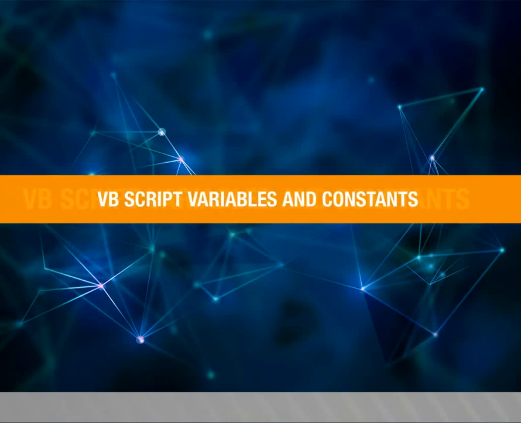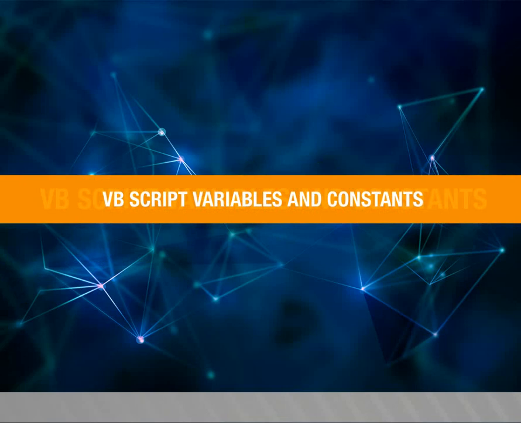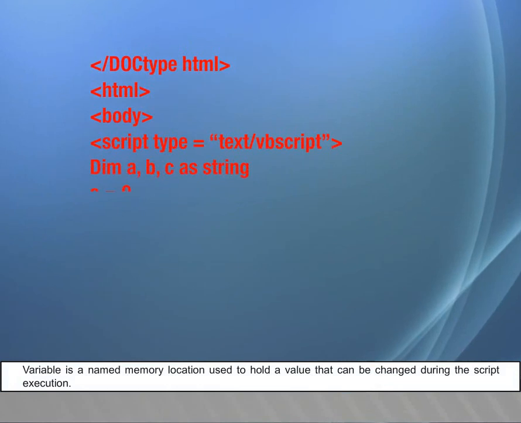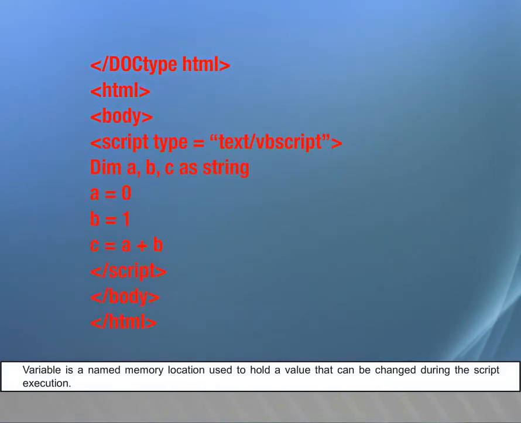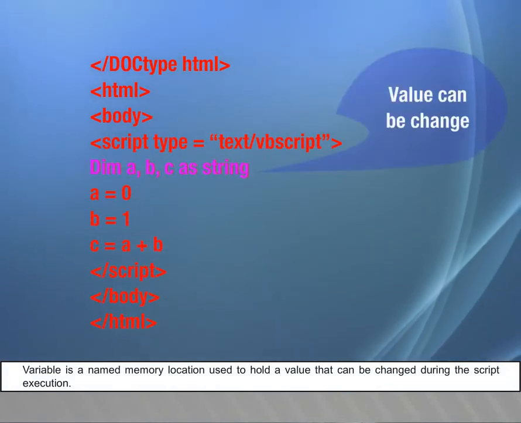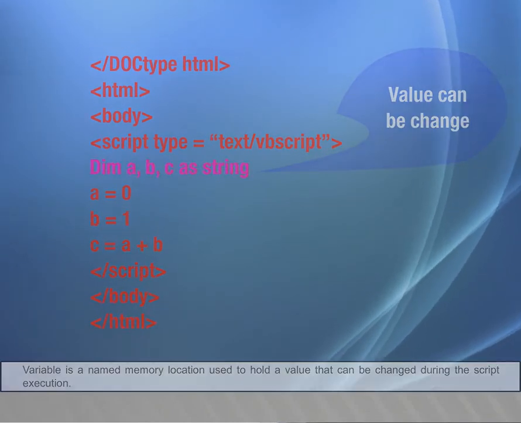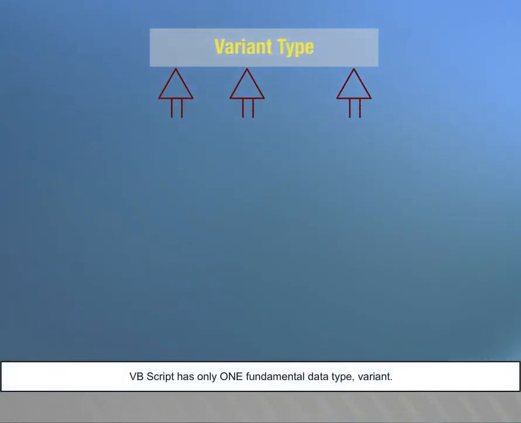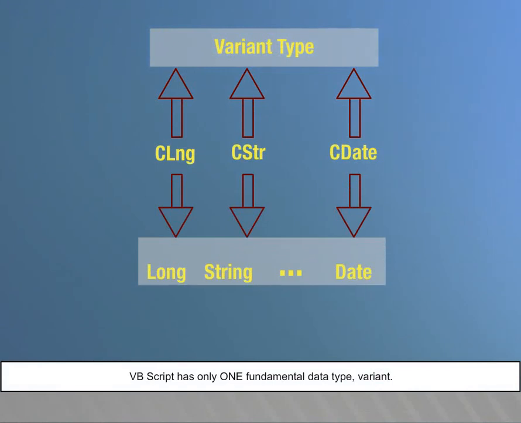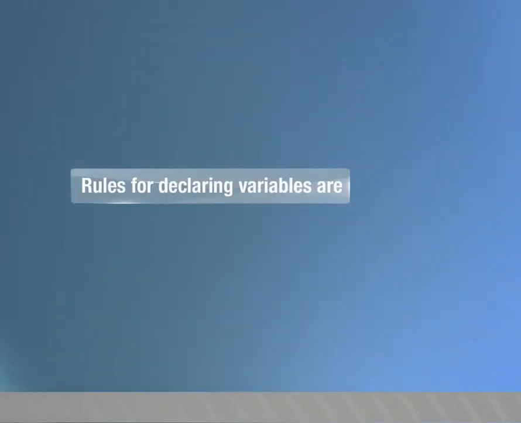VBScript variables and constants. Now we are going to see about the VBScript variables and constants. Variable is a named memory location used to hold a value that can be changed during the script execution. VBScript has only one fundamental data type, variant. Rules for declaring variables are: